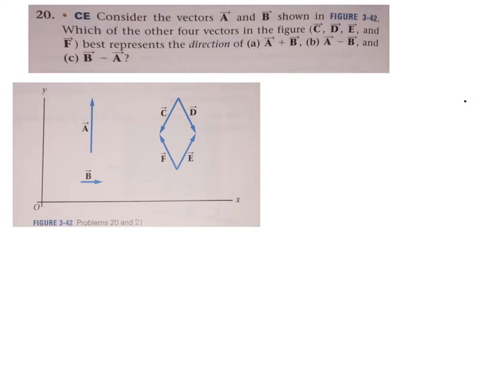Chapter 3, number 20. Consider the vectors a and b as shown in the figure. Which of the other four vectors in the figure best represents the direction of the following things? Now, the direction, but not probably the magnitude. And that's okay. So, in part A,